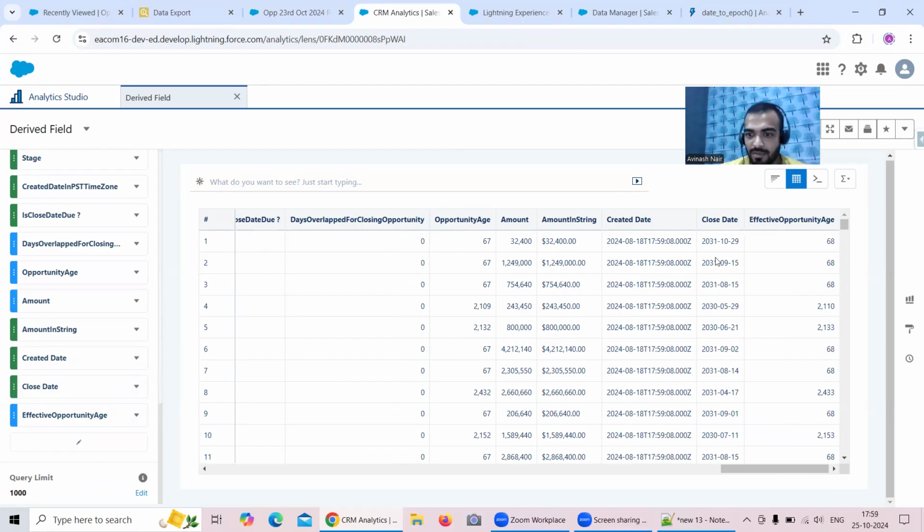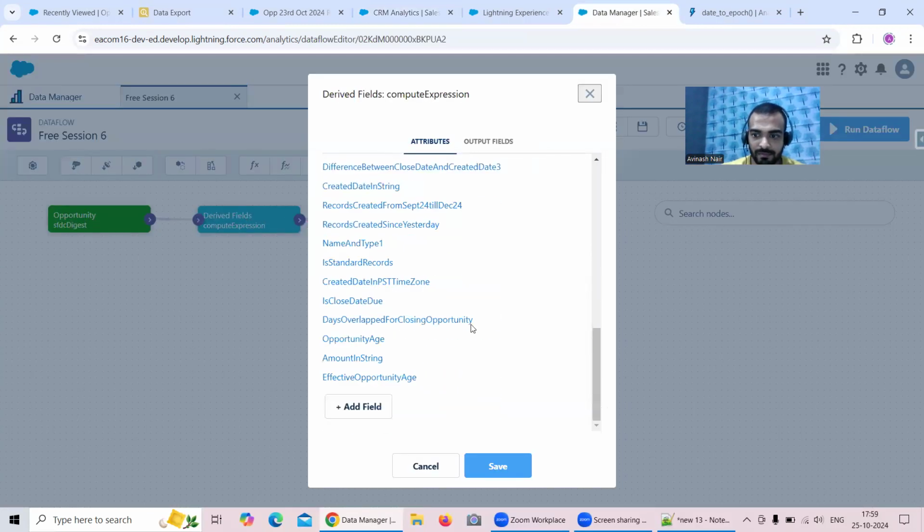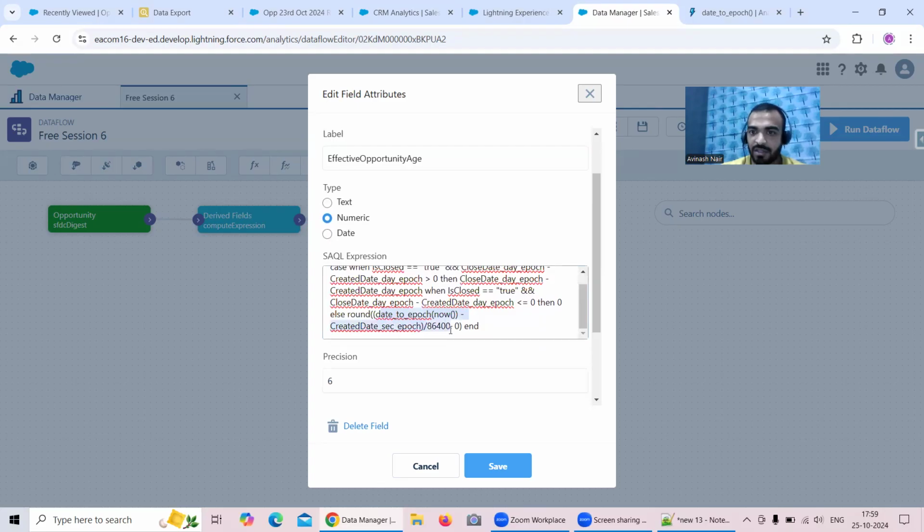It completely gives you that particular expression which we have mapped. So ideally we have written something like that. If it is closed, then just calculate the difference. If the close date minus period is more than zero, it will be the difference. If I don't have any record, that's why it won't show you zero. But in case it is open, this is how I'm doing the conversion, where I'm first converting it to seconds by this now, because now gives you the date format. Then I'm subtracting with period underscore second underscore epoch and dividing with 86400 to get it in number of